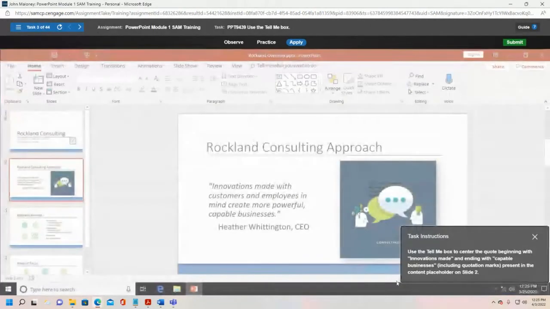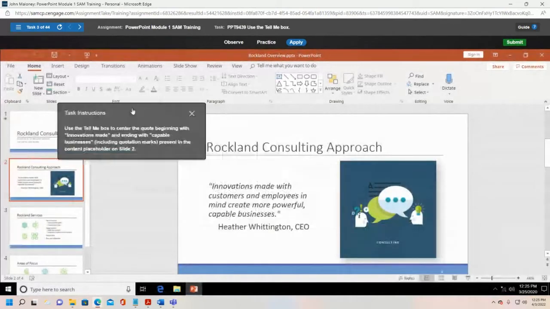All right, now, number 3 out of 8. Use the tell me box. We've used the tell me box in Word for sure, and probably in Excel, and probably in Access, because their trainings are pretty similar in what they cover when it's to deal with Microsoft Office in general. But anyway, you remember the tell me box is where, first of all, you select something in the slide you're looking for, and then you go to the tell me, and the tell me returns results based